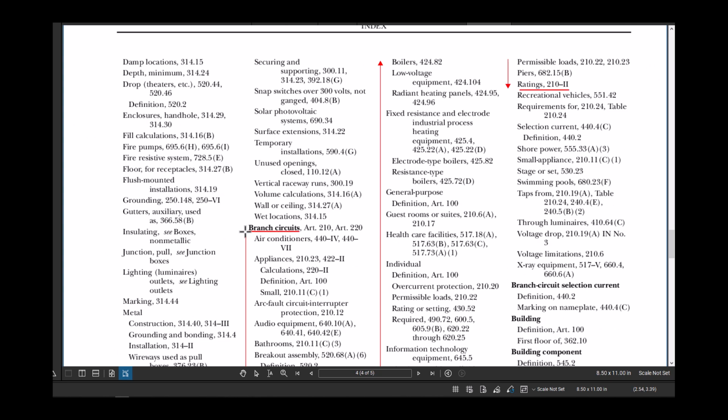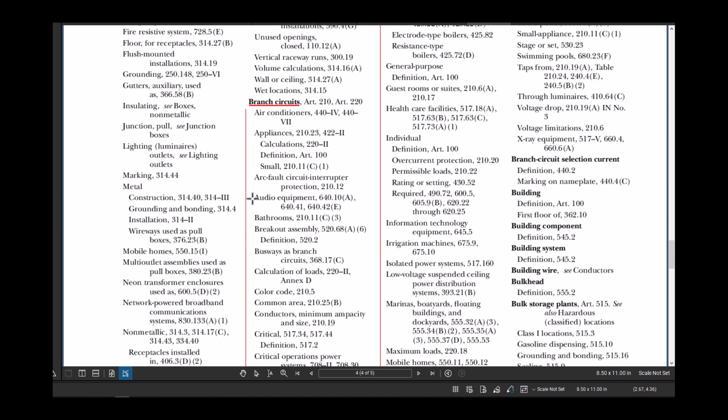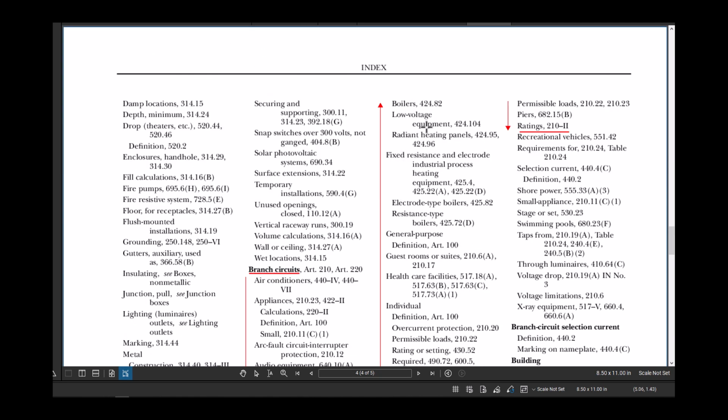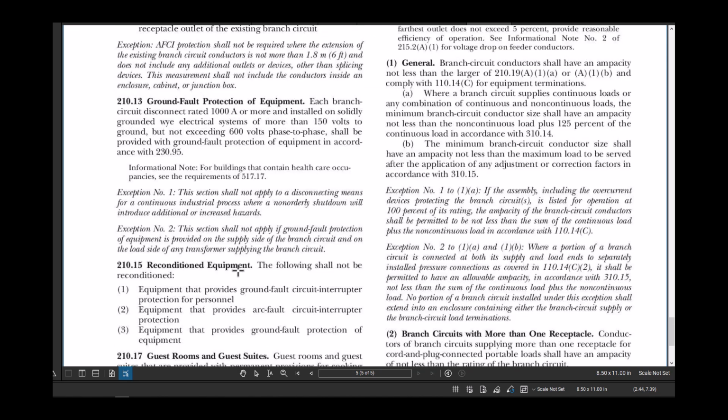We go to branch circuit and we should go to the rating R section. We navigate through A section, B, C, and go to the R, which is rating. It refers us to 210.2, which is referring us to the area, which if we go to code section